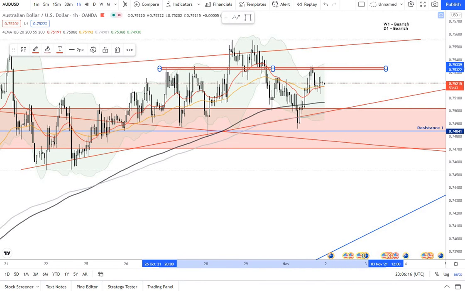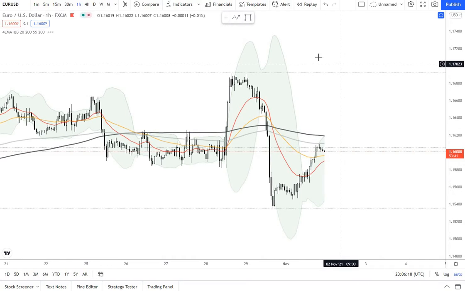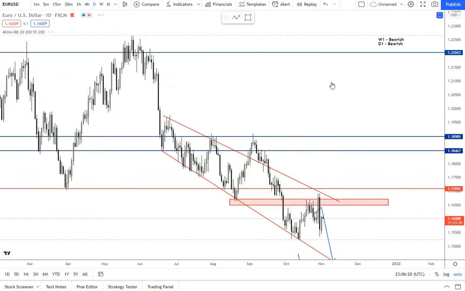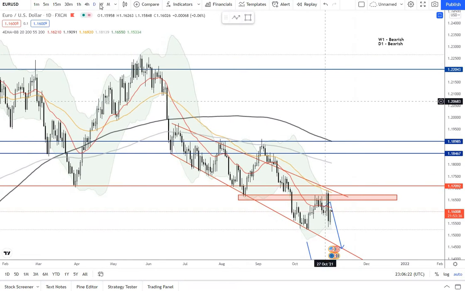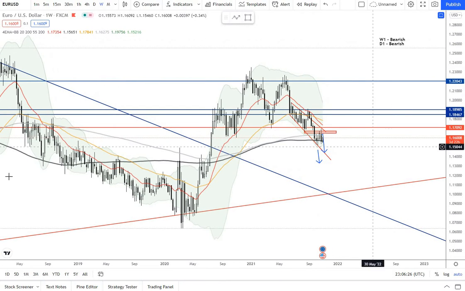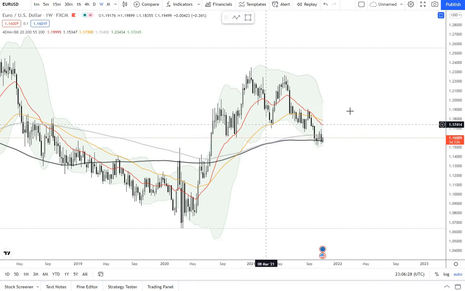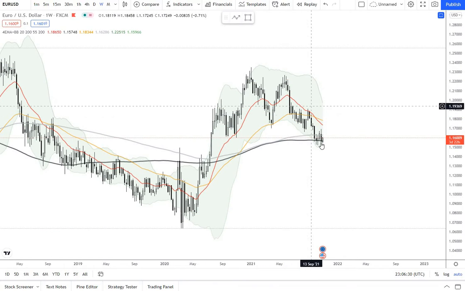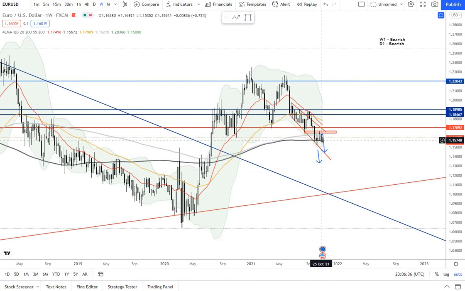Okay, so let's move on to euro dollar. So euro dollar, you can see from this weekly chart, right? On the weekly chart, if I remove all the lines, it's pretty much in a clear downtrend. It's pretty much supported at this level as well. So if I show back the lines,